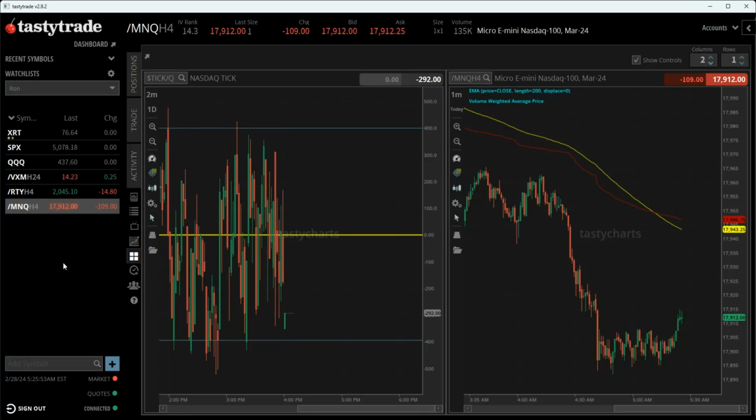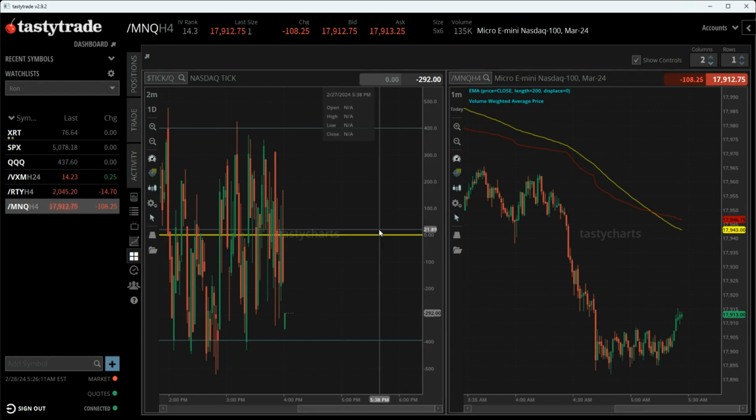Here I wanted to share a screen with you that I have set up. This is the tick indicator. As you can see, it's $TICK backslash Q, which is a NASDAQ tick indicator. And the way I have it set up here, as you can see on this yellow line, is the zero line. Okay, that's basically either positive or negative, and I've got a blue line up here at 400 and another